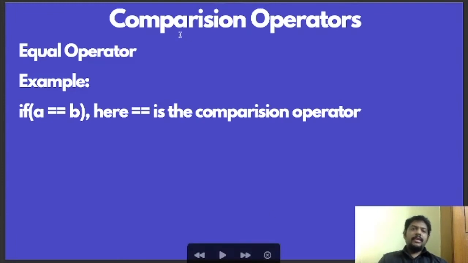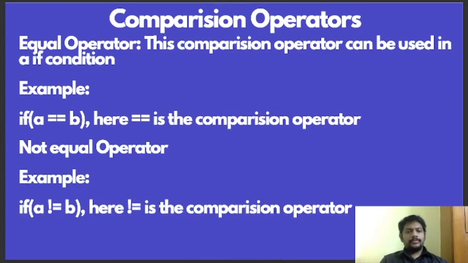So now we will see comparison operators. Now this is the expression that I am talking about, and this is the if condition. Here double equal to will be the comparison operator. So if this if condition is satisfied for this particular operation, then it will return true.